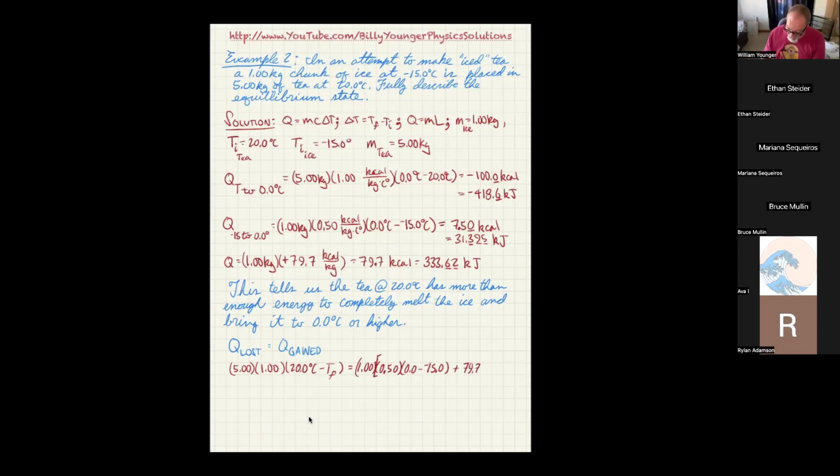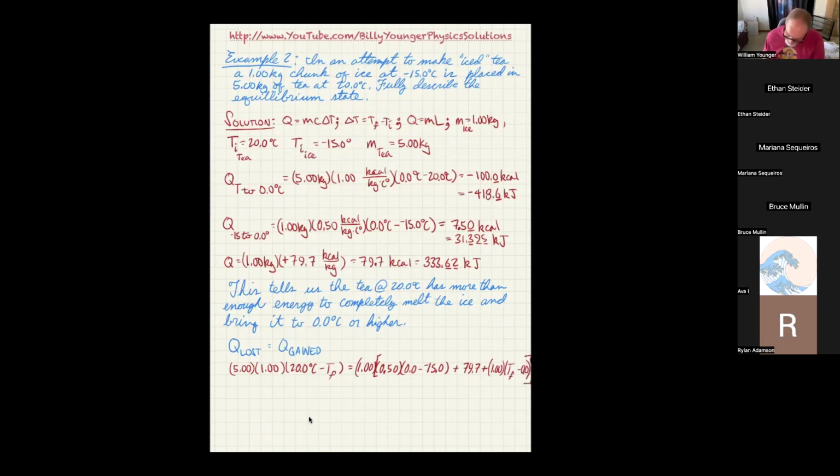That's 79.7 kilocalories. And now I have water. In other words, once I put in that 79.7, the ice has now been converted completely to water. And now I'm going to bring the water temperature up. So that's going to require another specific heat of 1.00 because it's now in the liquid state. And it's going to go from 0 to some new higher temperature. So I'm going to put T final minus 0.0